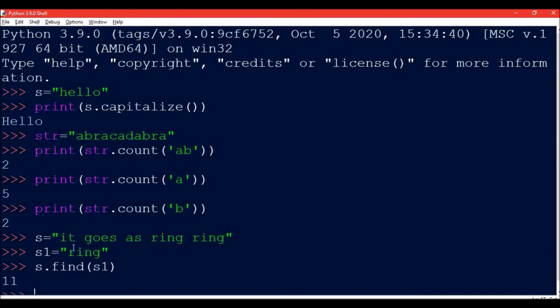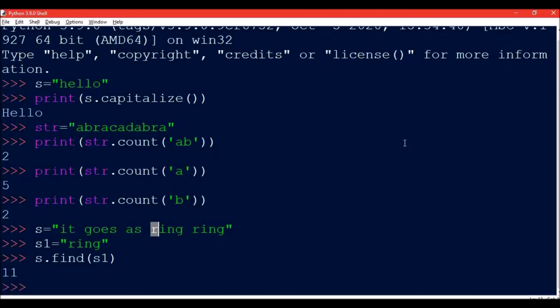So we can check this: 0, 1, 2, 3, 4, 5, 6, 7, 8, 9, 10, 11. Space will also be counted. So this R is coming at 11. So the position at which the substring is going to start, that position is basically returned.